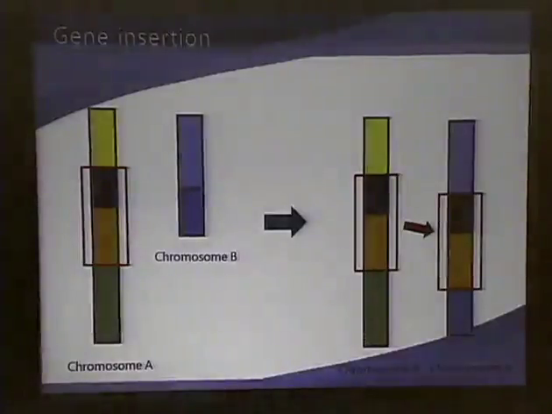So this is some concept from biology. It's a very simple concept, right? There is chromosome A and chromosome B on the left side. Chromosome A has some feature that is very good. For example, if there is corn and bugs are eating the corn, chromosome A has some genes that makes some